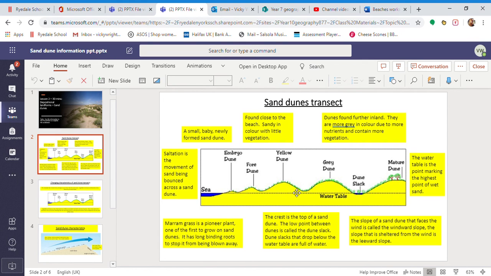Now over time you get more and more vegetation on it. As that vegetation dies, it adds organic matter to the sand, which makes it more fertile. Also, the further away you get from the sea, the salinity, so the saltiness, reduces, so that makes it more fertile. So the dunes get bigger and more fertile, so more plants can grow there, and different types of plants